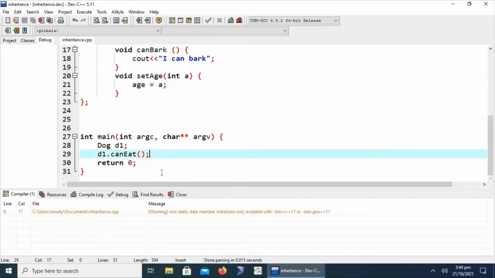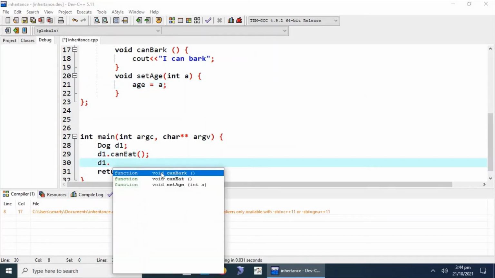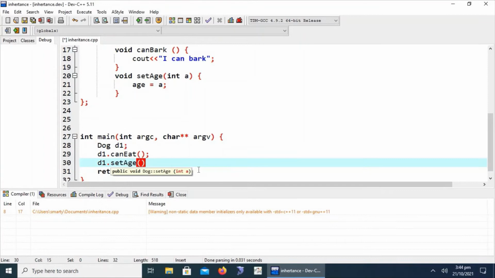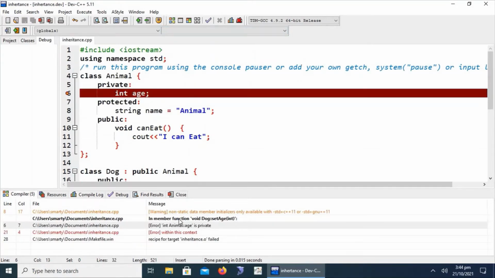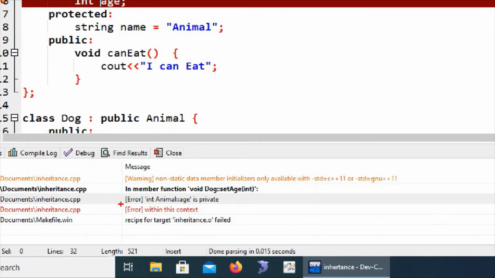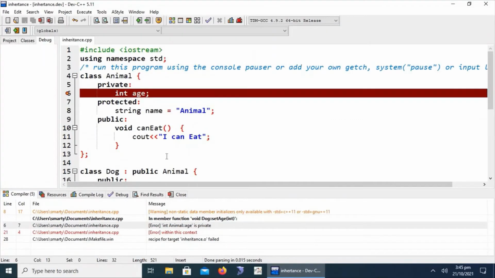So now check it, d1 dot set age is available here. Set age, we are giving it 12. Now I am showing you here an error message within this context. Why is it not accessible in this context? Because age is a private data member of the base class.